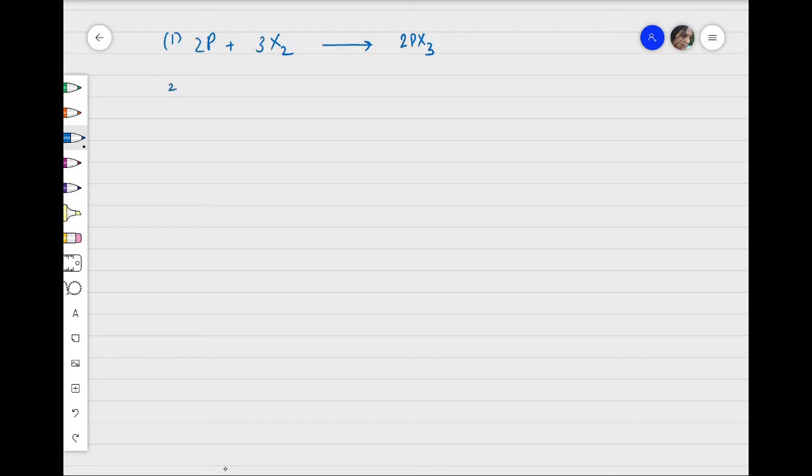The second step is the reaction of the acid with this phosphorus trihalide. So if I have taken, I'm writing it completely, okay, and I have the trihalide,